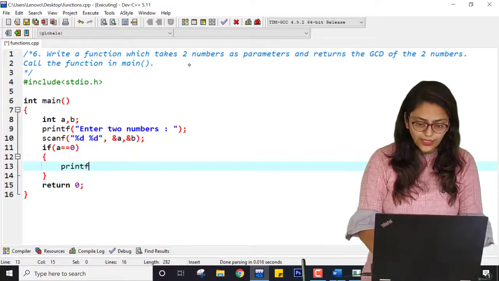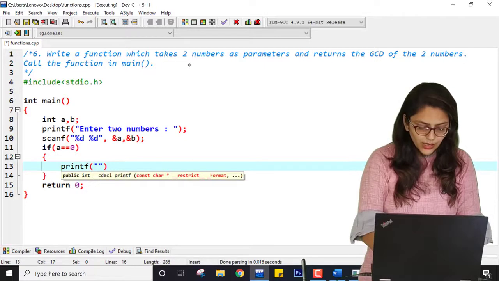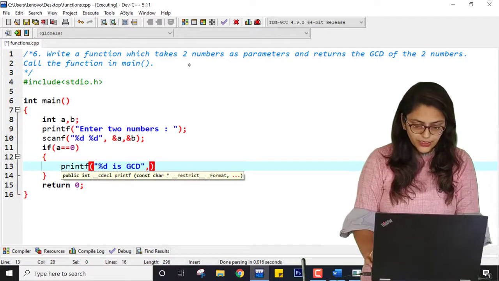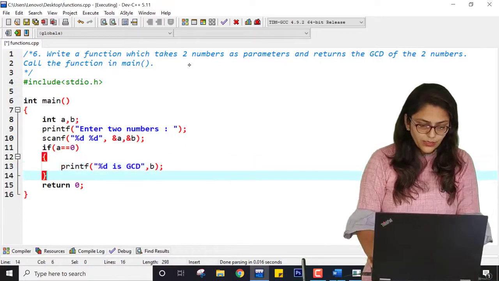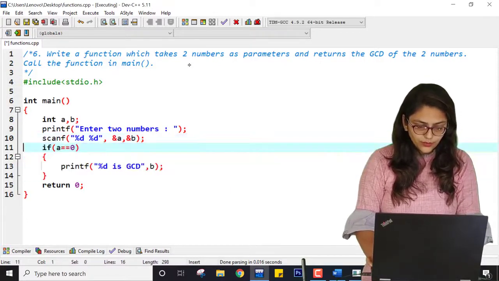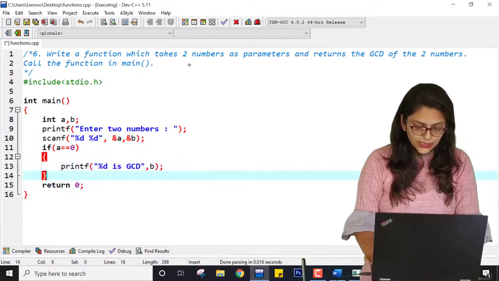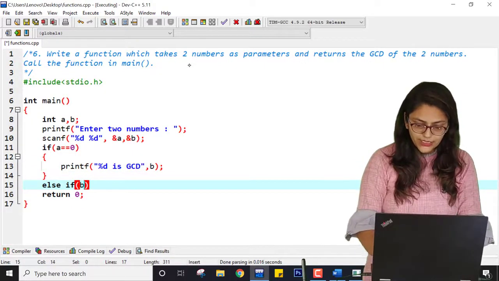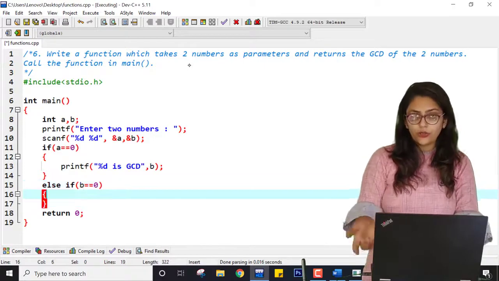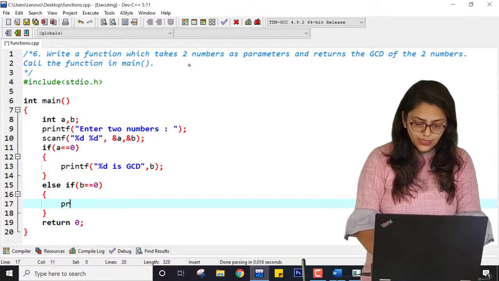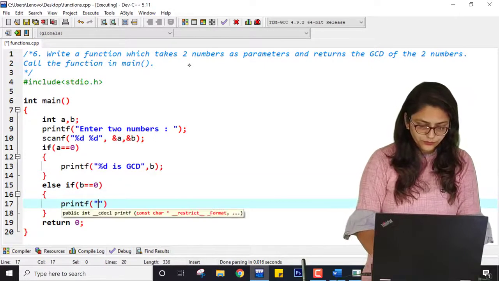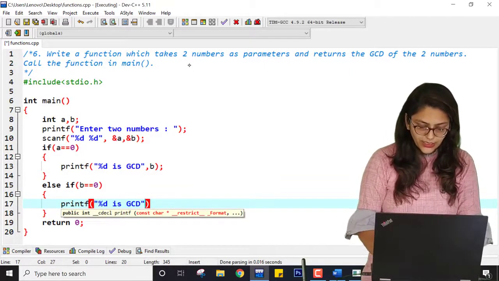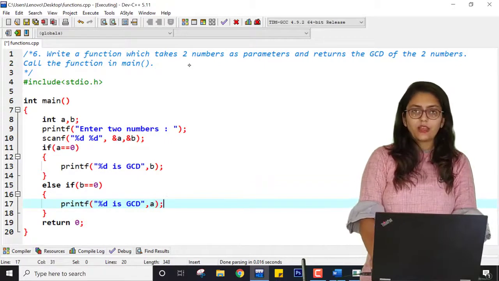So I am going to printf %d is GCD, right? And what is this %d? B. Similarly, for else if, that means if A is not equal to 0 but B is equal to 0, then printf %d is GCD, but here it will be A, right?